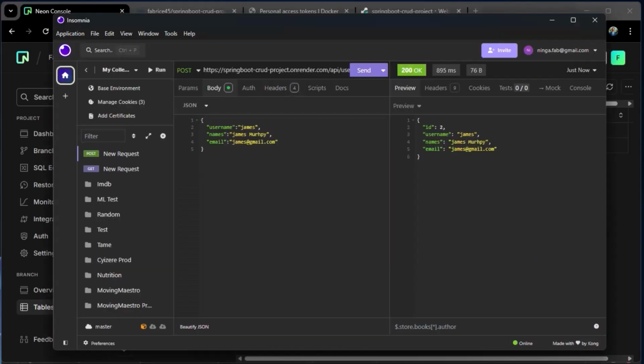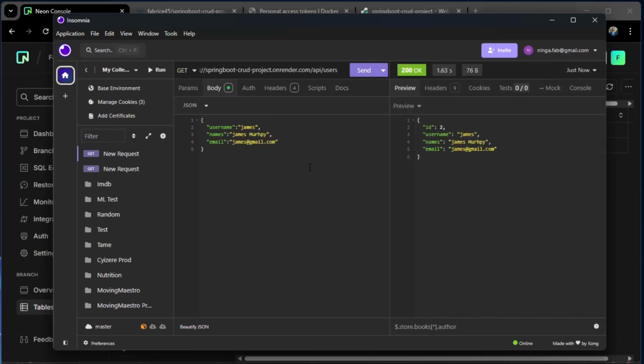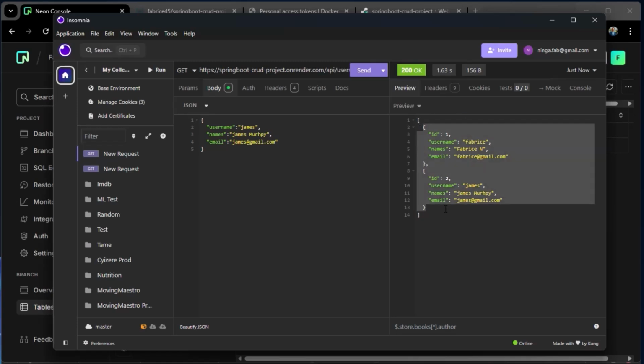Let's try to test the API for getting all the users. So it is a GET request, yes, and let's send this request, and you can see we got back the 2 users that we have registered.